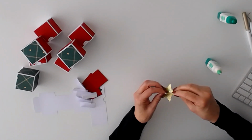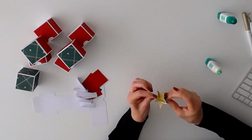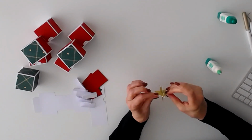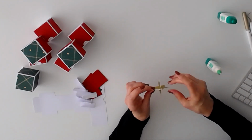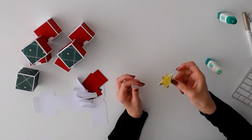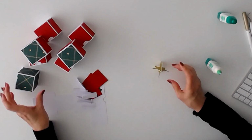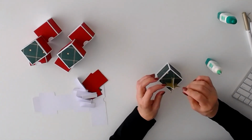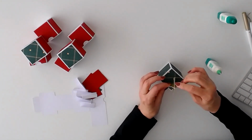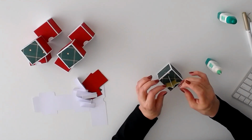There we go. There's my 4-sided star. That's included in the file. Of course, you can use it or not, whichever you prefer. And this I'm going to glue on top of my cube to make a topper for the tree. I'll let this finish drying and then I'll just go over the edges with my gold marker